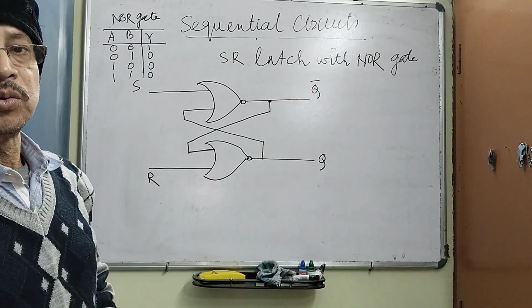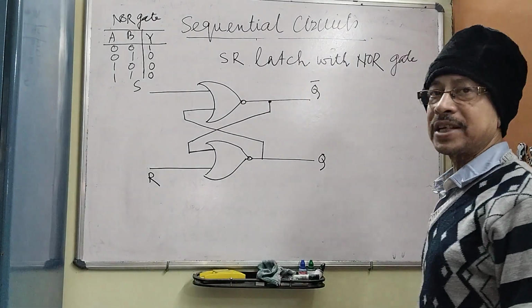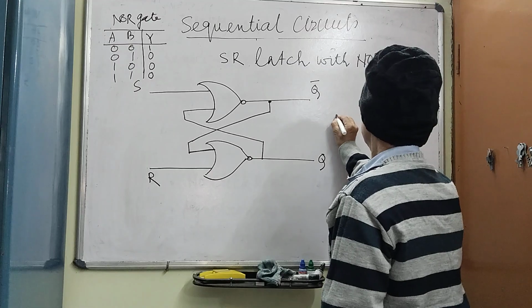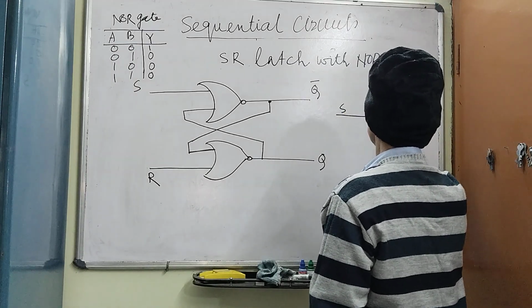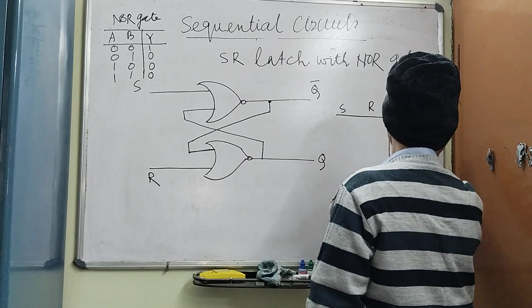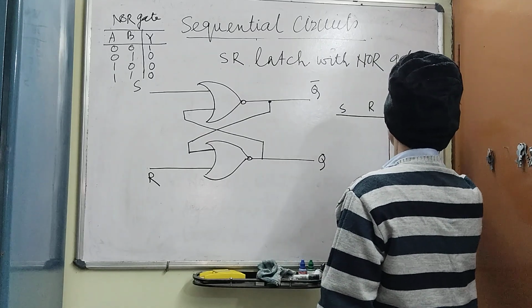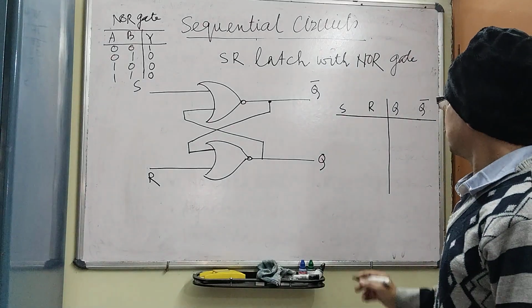This logic we will apply in the truth table of the SR latch. First, we write S and R. One is the Q and that is the Q bar, which is the opposite of Q. So